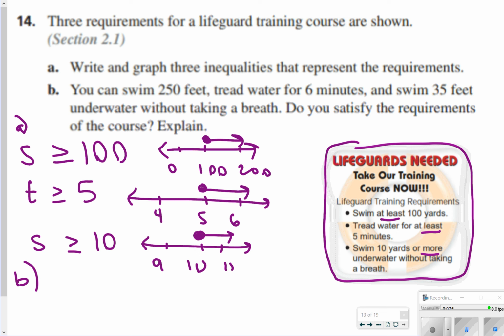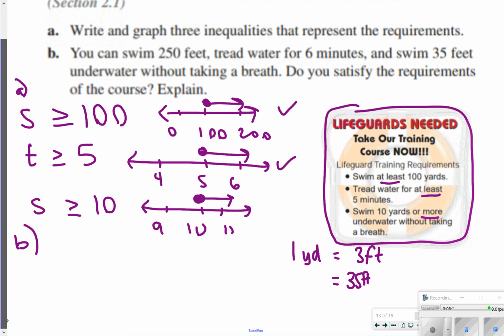For letter B, it says you swim 250 feet, so check, we did the swimming at least 100 yards. We treaded water for 6 minutes, so check, we did that. And then we swam 35 feet underwater without taking a breath. The only thing is that the last one we talked about yards, and if we're translating yards to feet, 1 yard is equal to 3 feet. So we're trying to figure out how much 35 feet is equal to. One way we can translate feet back to yards is just dividing by 3. So if you divide 35 feet by 3,